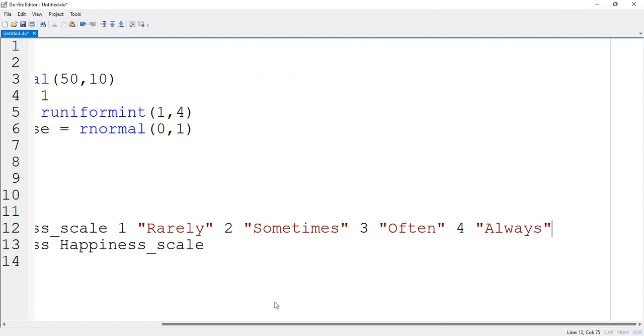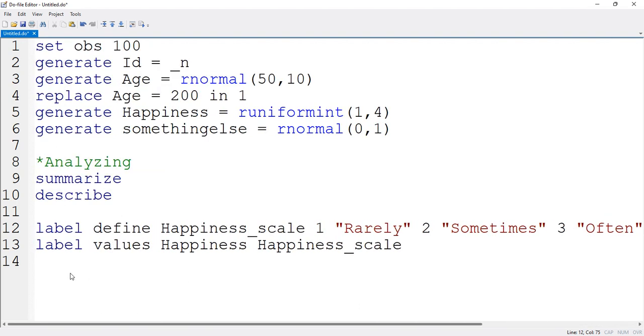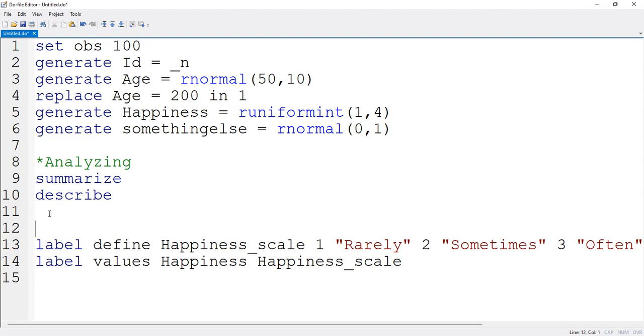So if you scroll, you can see how you're supposed to add the labels. Label, define, label, value. These are the commands that generated the labeling of our results output. Yeah, so this is under data cleaning, so I'll just add data cleaning here as a comment,